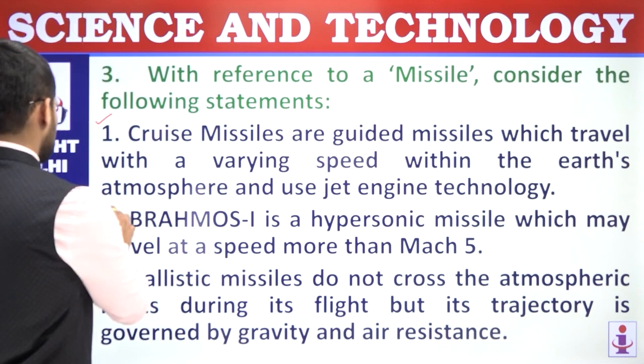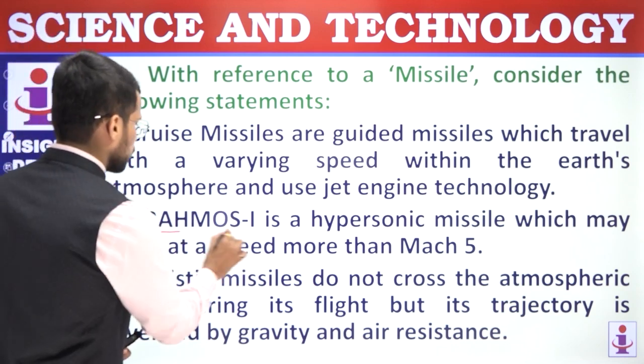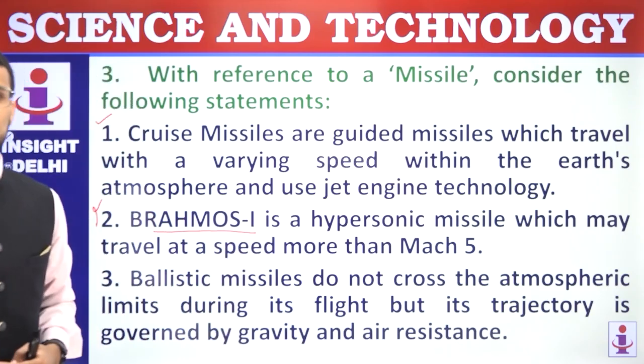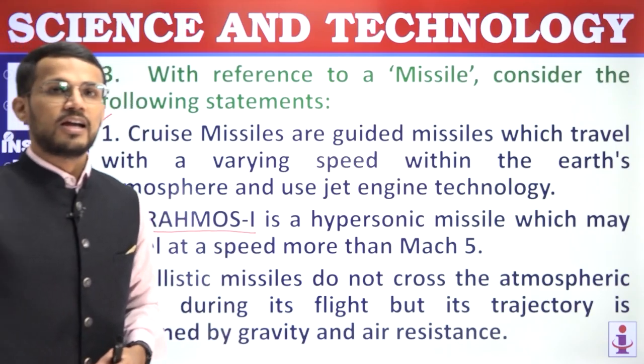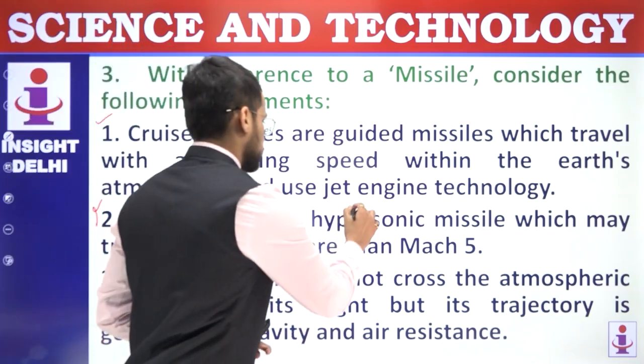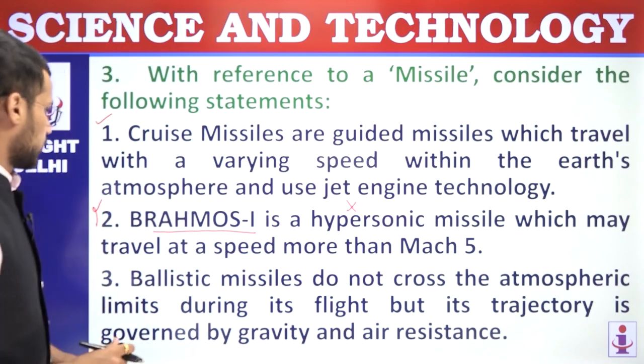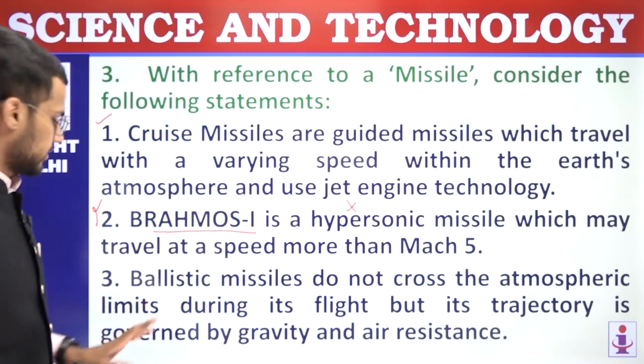Second, BrahMos 1 is a hypersonic missile which may travel at a speed more than Mach 5. Now this statement is incorrect. Why is it incorrect? Because BrahMos 1, which is a result of a joint venture between India and Russia, is a supersonic missile, not a hypersonic missile. It is supersonic and not hypersonic, and that's why the second statement is incorrect. Third,